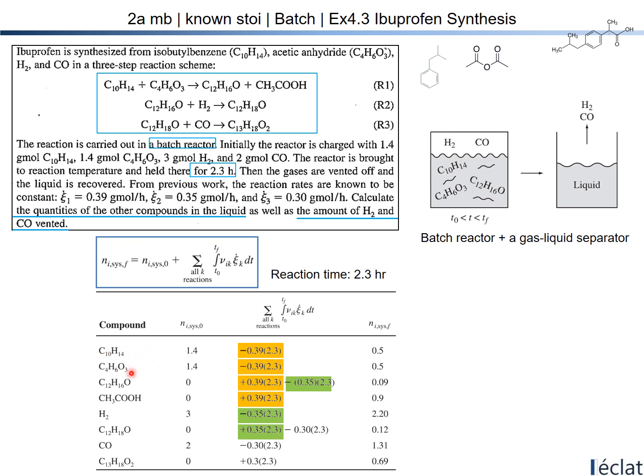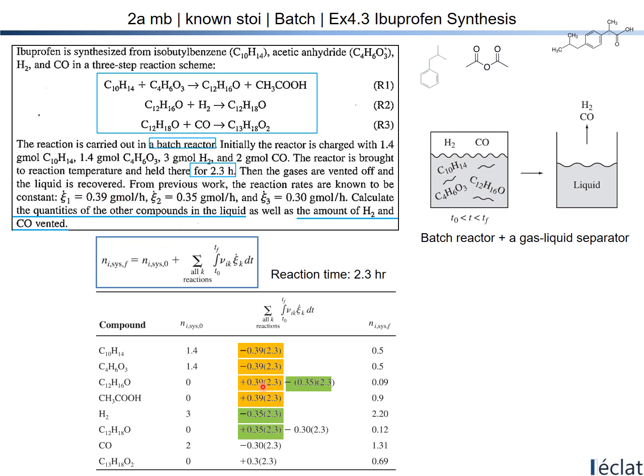How about the second reactant? The same thing. And the third one, C12H16 oxygen, is a kind of intermediate. This intermediate is generated from reaction 1, and at least some portion of this intermediate is consumed in the presence of hydrogen. So the net generation term is the plus 1 from the stoichiometry coefficient of this compound in reaction 1 by 0.39, that is the xi1,